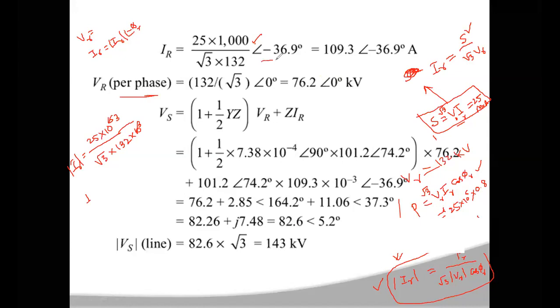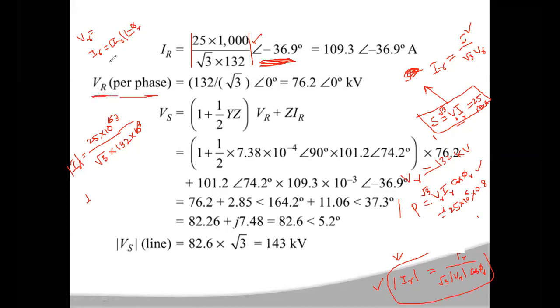So this is the angle value. This is the magnitude of phi r. If you want only the magnitude of phi r, you don't need to take this angle. So the magnitude of phi r is 109.3, and in terms of phasor, the total current IR will be 109.3 at an angle of minus 36.9 degrees.